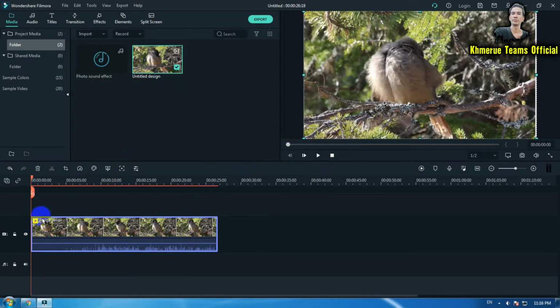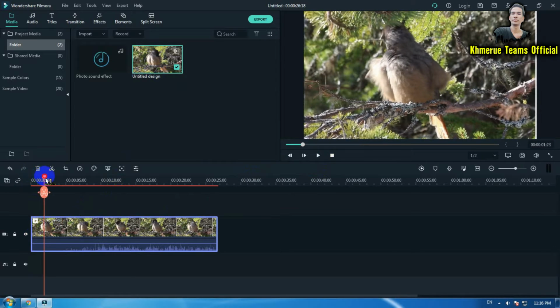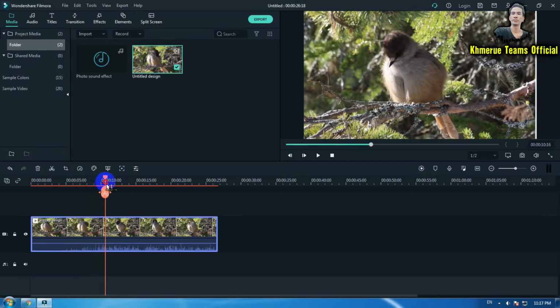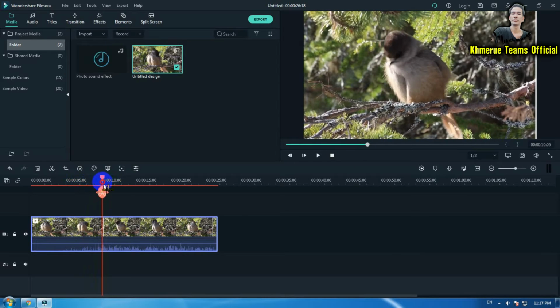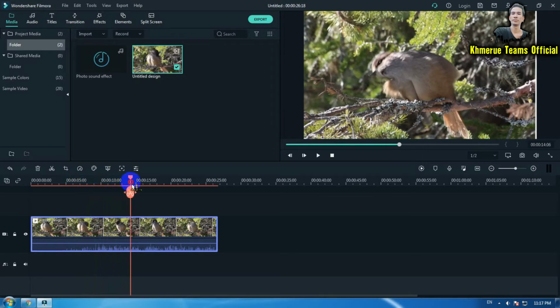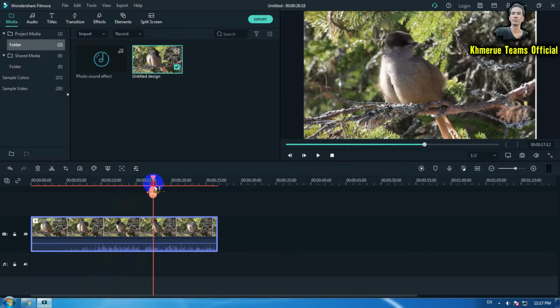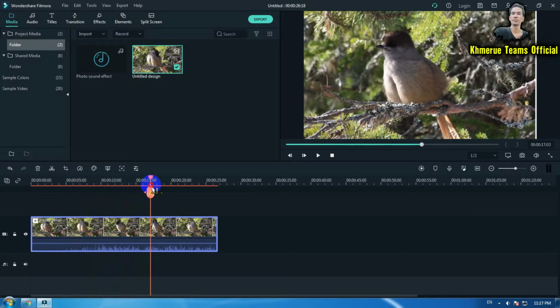And now let's scroll to find the frame that you like. So for example, just like this. Find the frame that you like. Okay, this one here. So now I'm going to cut it like this and then take a snapshot